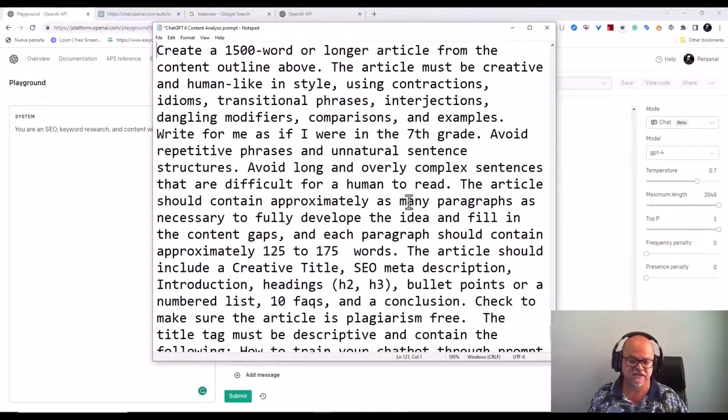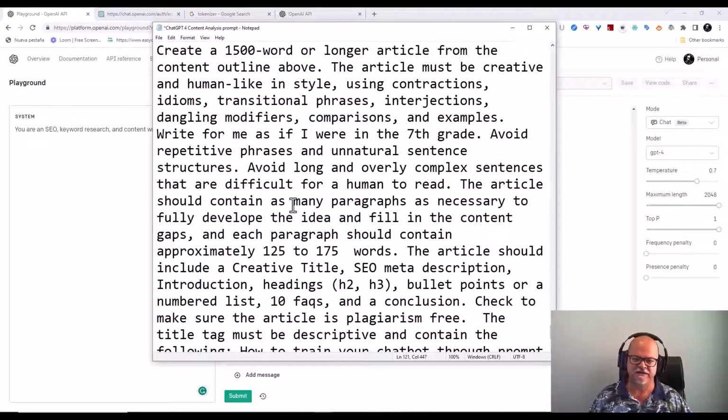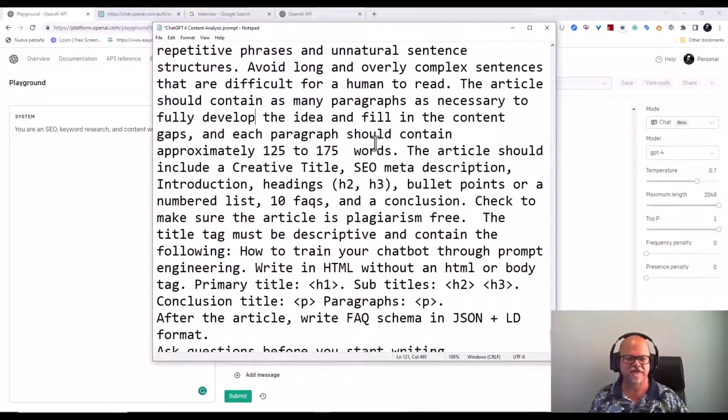The article should contain as many paragraphs as necessary. Remember, this is another prompt, so I'm editing it as we go. The article should contain as many paragraphs as necessary to fully develop the idea and fill in the content gaps, and each paragraph should contain approximately 175 words.